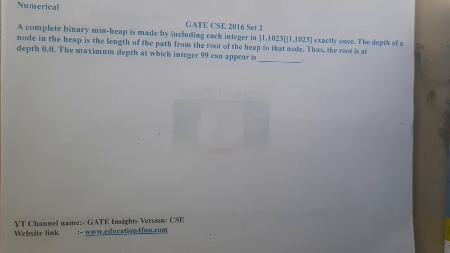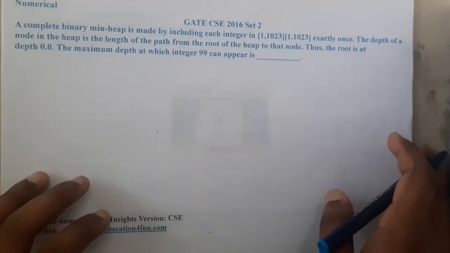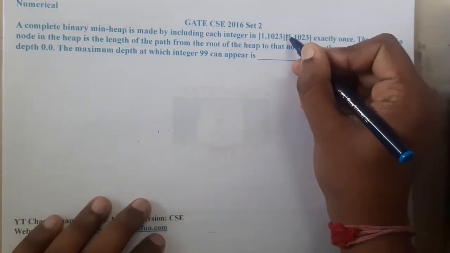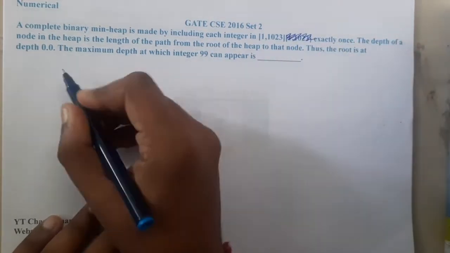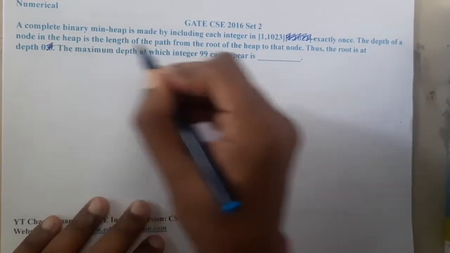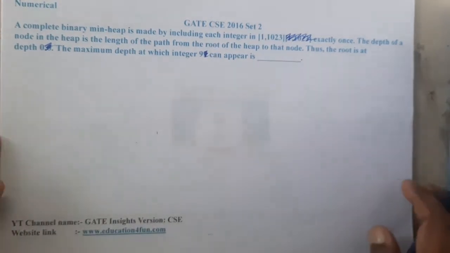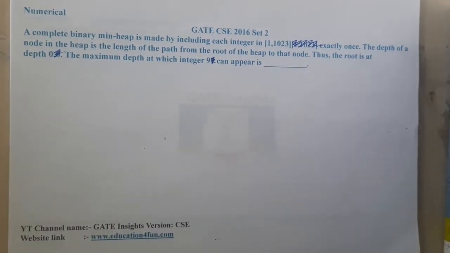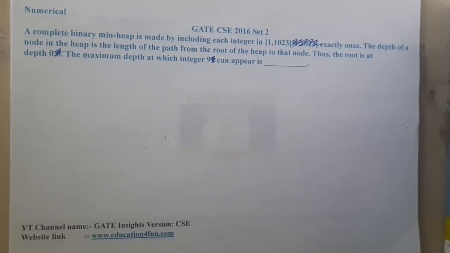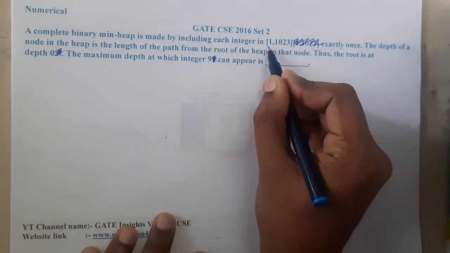In this lecture, let us go through the next question. This question belongs to GATE CSE 2016 set 2. First of all, the question has some repetitions, so let me remove them. Similarly, here 0 is repeated, here 9 is repeated, right? Okay, so the question is: a complete binary min heap is made by including the integers from 1 to